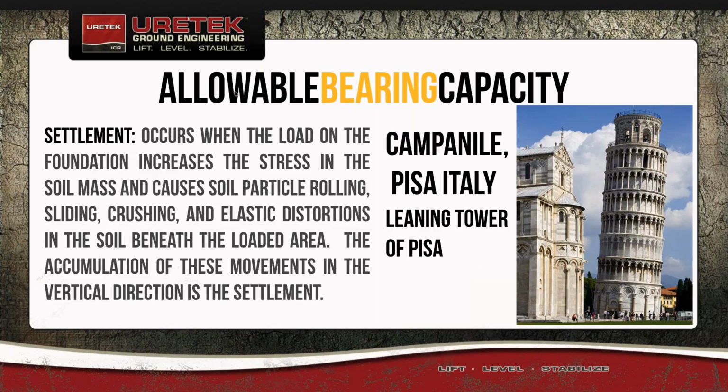So settlement occurs when the load on the foundation increases the stress in the soil mass and causes soil particle rolling, sliding, crushing, and elastic distortions. So over time, when you apply a load, the soil particles move around and settle into place, and there are these elastic distortions, and it's compacted and goes down in there. So it's a slower failure than shear failure, and it's one that can be caught and treated. So it's a very different animal. If you can picture it in your mind, the amount of load that would be required to cause settlement is significantly less than to cause